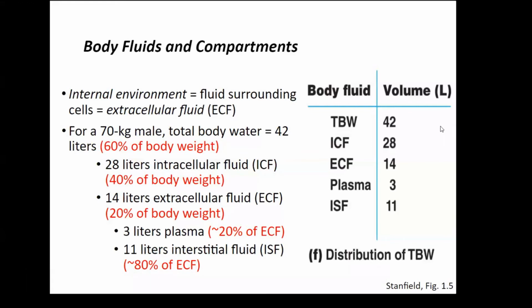Okay, so we can think about that in terms of volume as well. If we look here at this table on the right, we can see the body fluids broken down by volume. A 70 kilogram male is what every textbook uses as your base human, whether that's fair or not, you be the judge, but that's what we're going to be thinking about as the baseline as we think about these volumes. So for a 70 kilogram male, about 60% of his body weight is water. So we have a total body water weight of 42 liters.